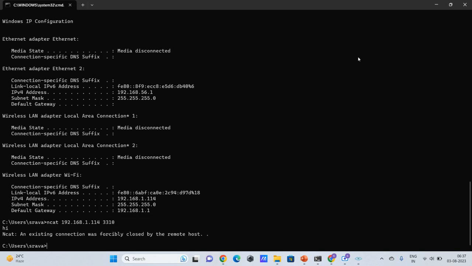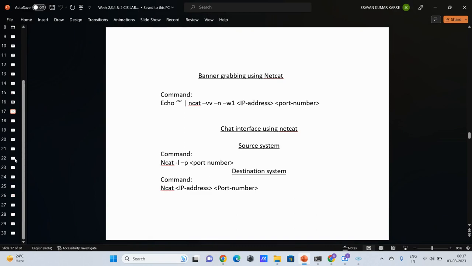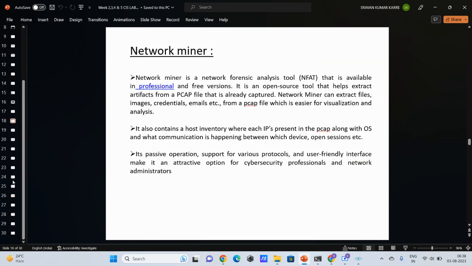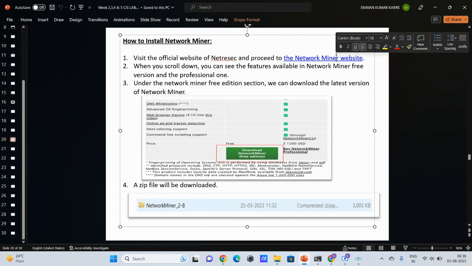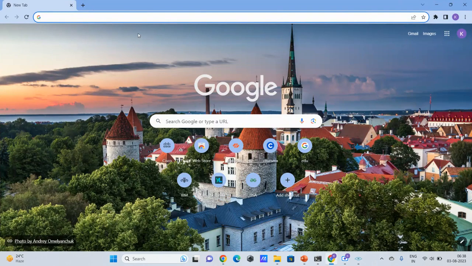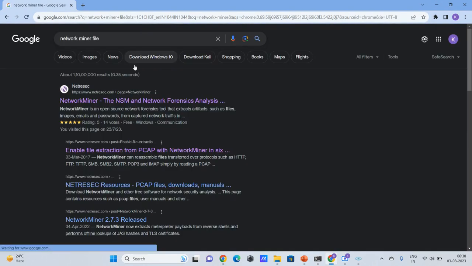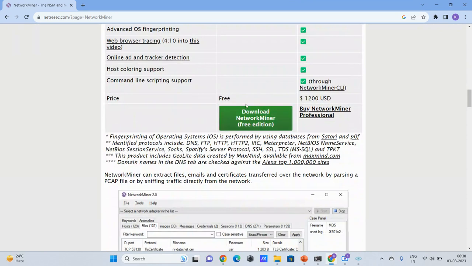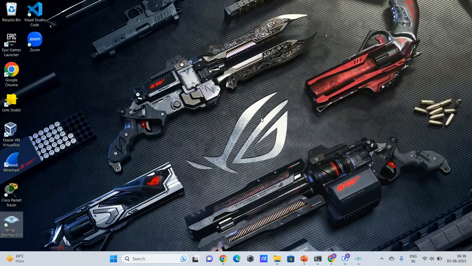And now I'm going to explain about NetworkMiner. We can install NetworkMiner by going to the NetworkMiner website. You can search for NetworkMiner in the browser. You can see we got NetworkMiner. Here we can download this free edition. After downloading, we get a zip file. After unzipping,